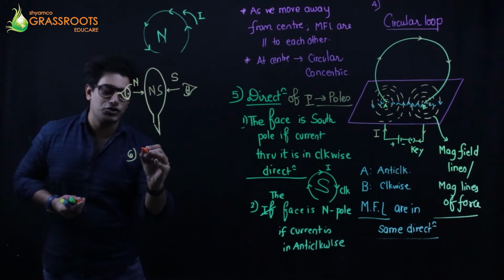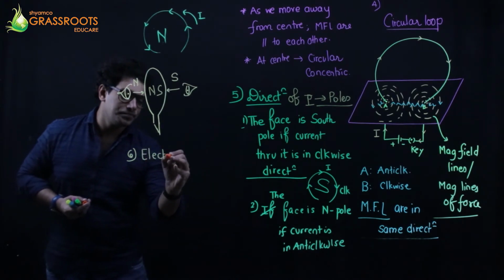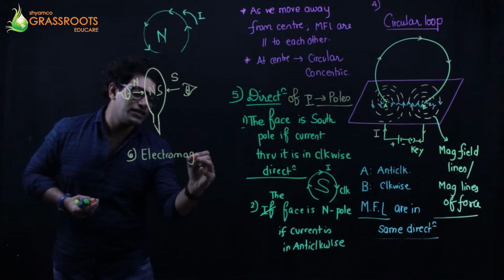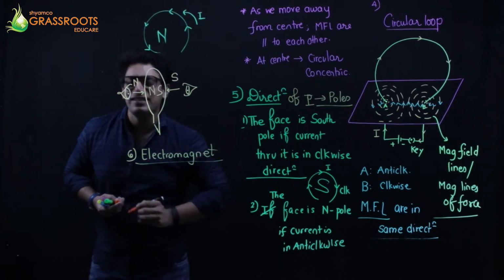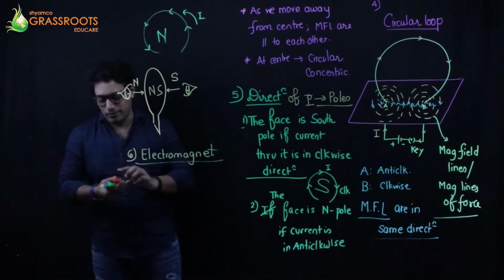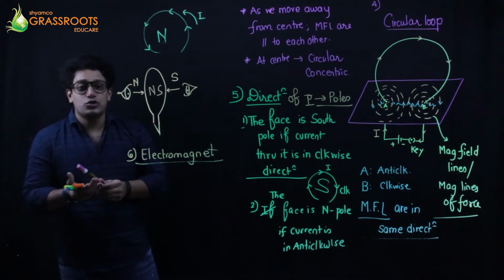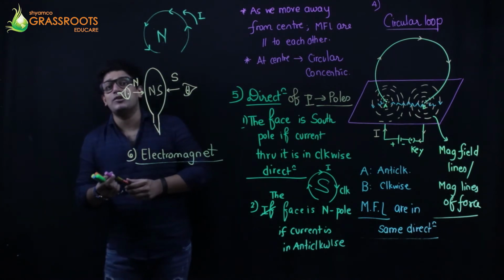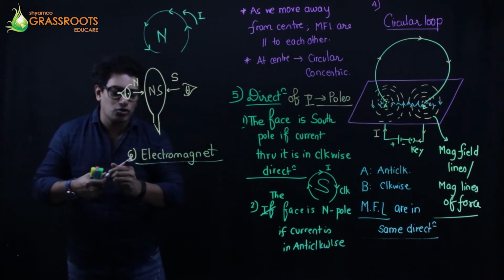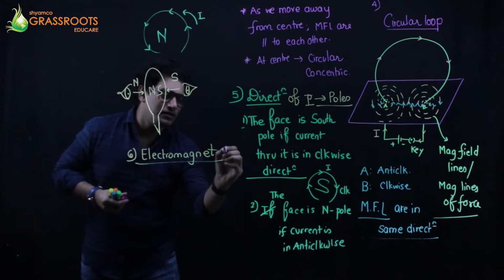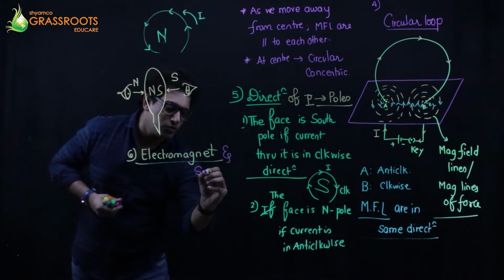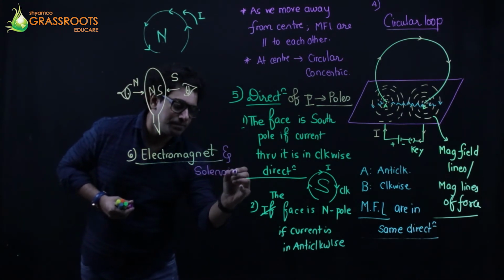That is an artificial magnet. So let's see what exactly is an electromagnet. I think in 9th standard you have already done what an electromagnet is. It's there in the Magnetism chapter, B part. Before an electromagnet we need to understand what is a solenoid. So before going to the electromagnet, we need to get to the knowledge of a solenoid.